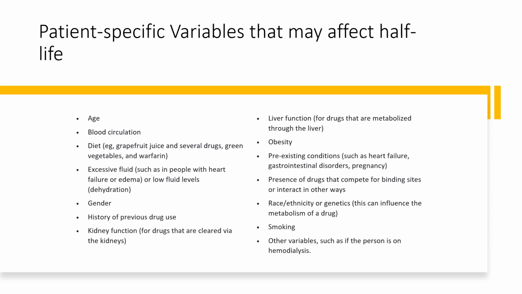In reality, the half-life of a drug varies from person to person because it depends on a number of different patient and drug-specific factors. These affect how well a particular drug is distributed around a person's body, which is called volume of distribution, or how fast a person excretes that drug, called the drug clearance. For example, the IV drug gentamicin, which is cleared through the kidneys, has a half-life of 2 to 3 hours in a young person with no kidney disease, but its half-life is over 24 hours in somebody with severe kidney